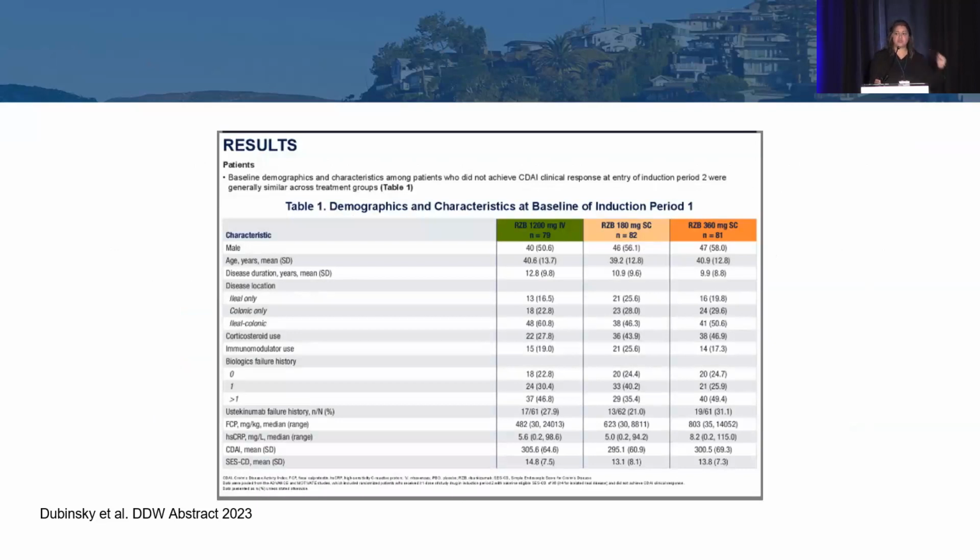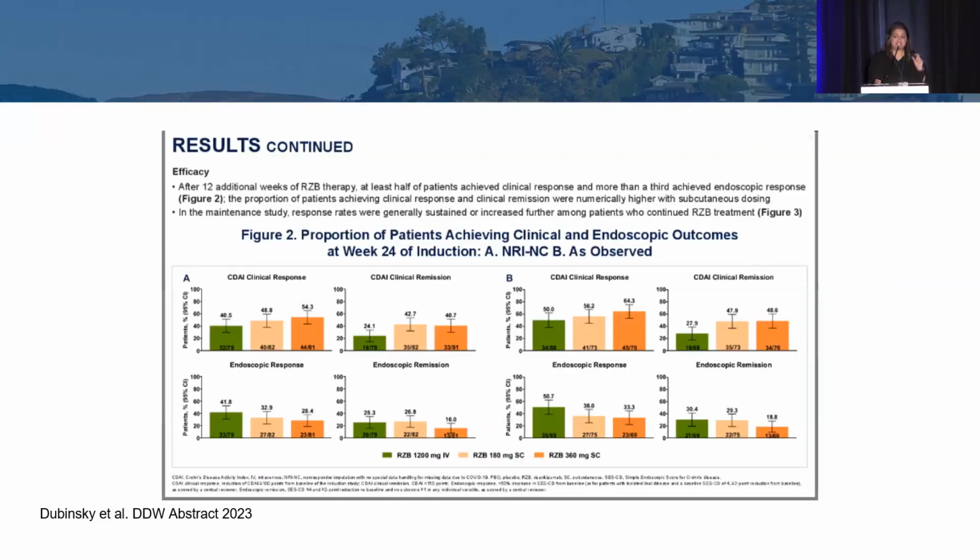Those patients were then re-randomized to get either sub-Q or IV. Demographics were the same. After 12 additional weeks of Skyrizi therapy, over half of the patients achieved clinical response. More than a third achieved endoscopic response, and the proportion of patients achieving clinical response and clinical remission were numerically higher with sub-Q dosing. So you don't necessarily need to give them more IV, you just need to get them